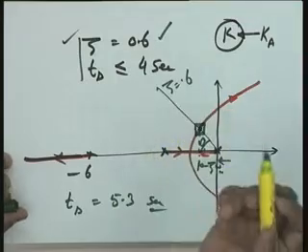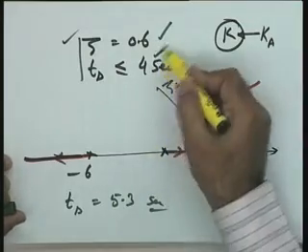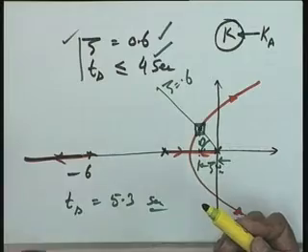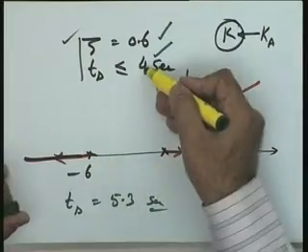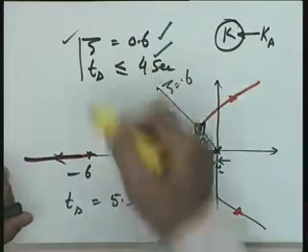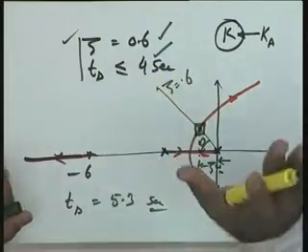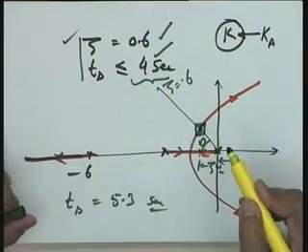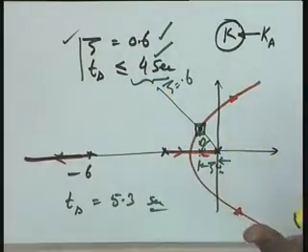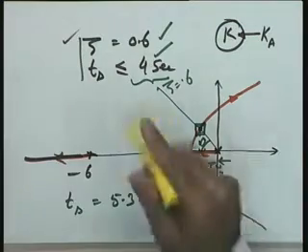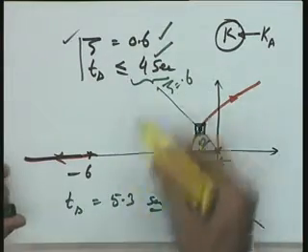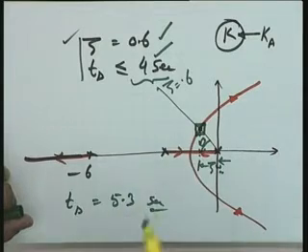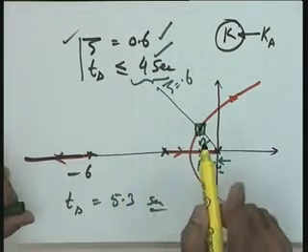You may convince the user: look, 4 seconds you have asked, go and examine whether 5.3 seconds is acceptable to you or not, because it is at least close to that value, provided you are able to give him the steady state accuracy. Naturally the user also has to rethink about the specifications once a suitable design has been made, and there is scope of rethinking as far as meeting the requirement of Ts is concerned, but provided the steady state requirement is satisfied.